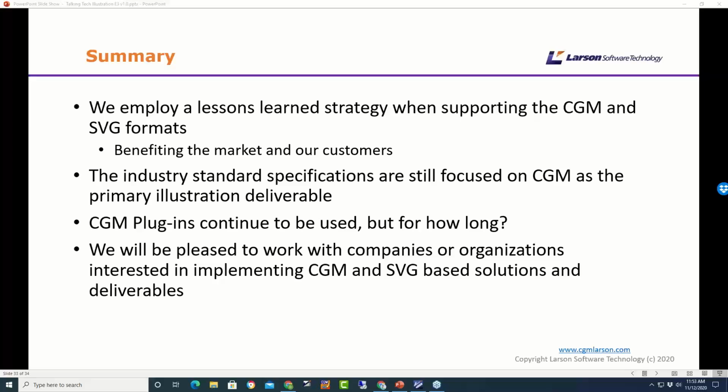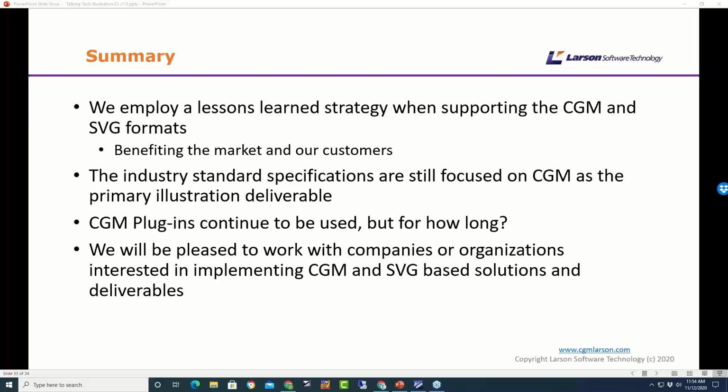But as I said earlier, we're quite happy for people to convert to SVG, and a lot of our customers are doing that using our technology as well. So we're sitting in both camps, which you might think we should only really sit in one, but we think it's important that we offer our expertise to all parts of the community.